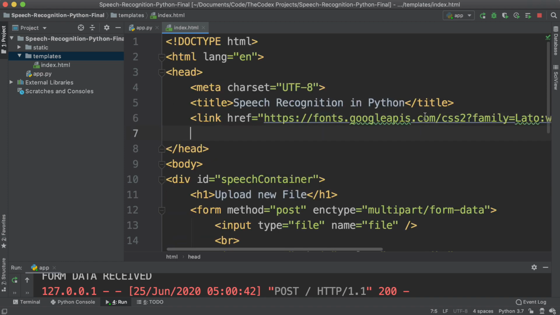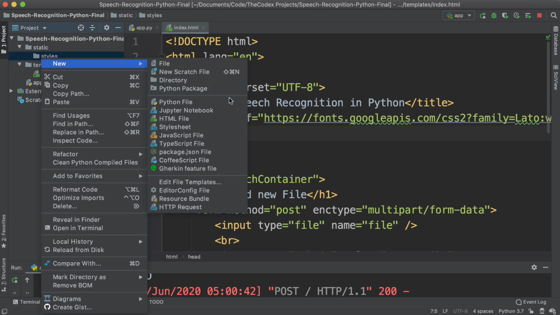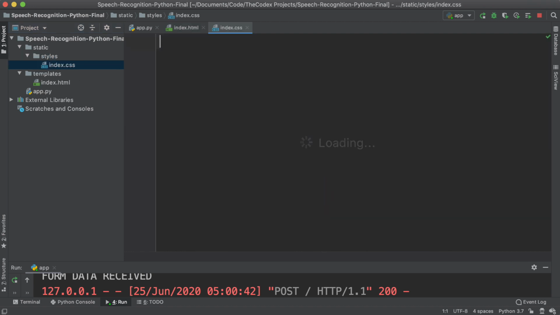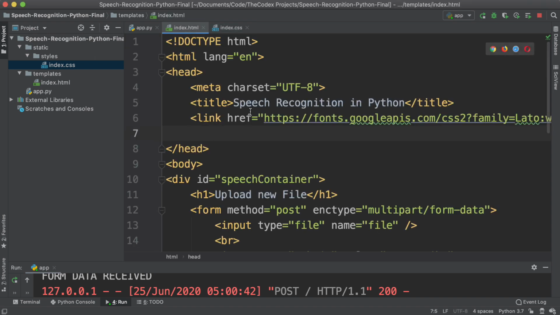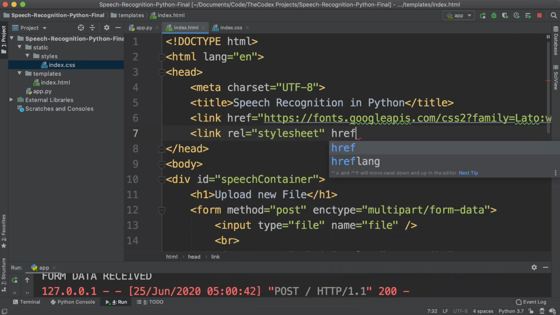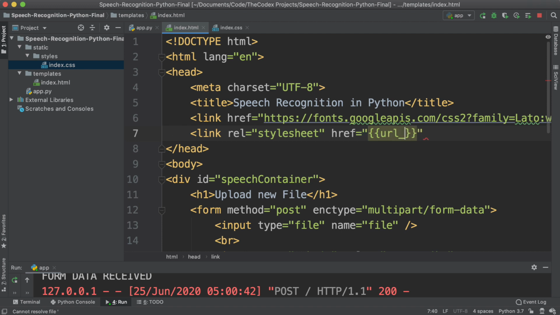And then the second thing is I need to import my style sheet. So instead of static, instead of styles, go ahead and say new style sheet and create an index.css file. And if you remember, very similar to the last project with the Flask dashboard, you can go ahead and just paste in over here our link rel equals stylesheet. href is going to be some beautiful Jinja code, url_for, and here we're saying look for the static directory. And inside of the static directory, I want you to look for the filename that is over here, filename equal to,